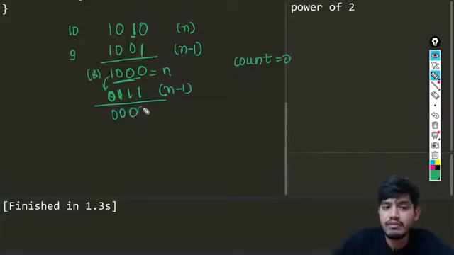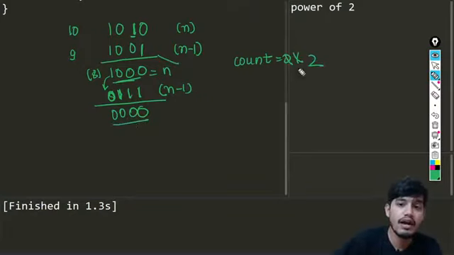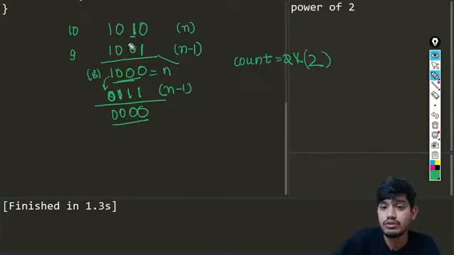And you can see all will become 0, and the count, which was increased to 1 before, has now been increased to 2. So this value has become 0, and the total number of set bits in this case is 2. So we'll just print that. Okay, that is the important thing here.